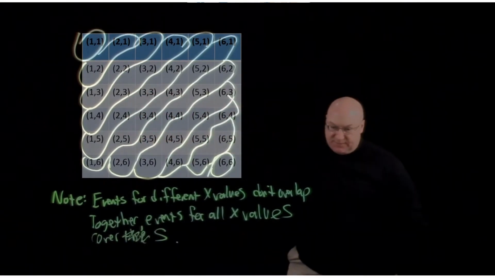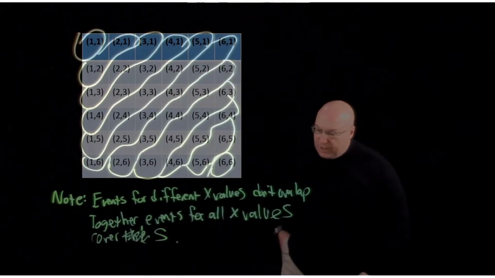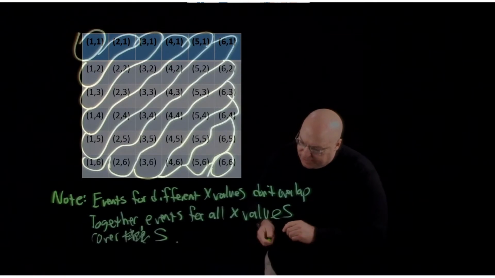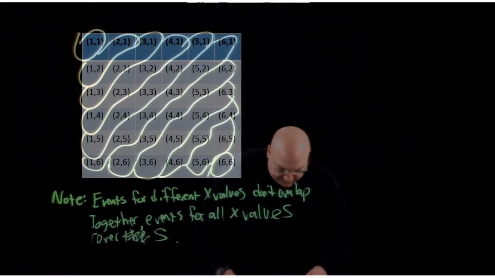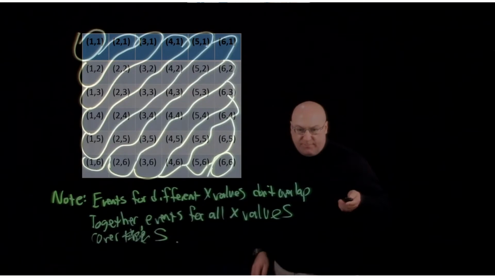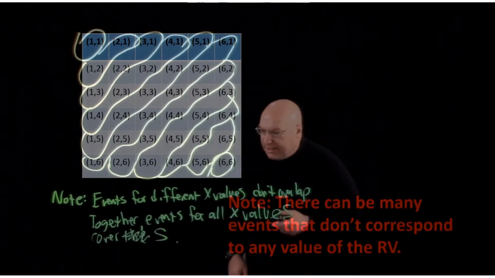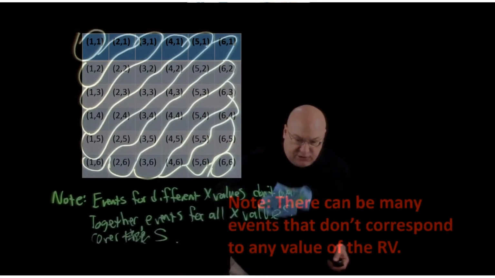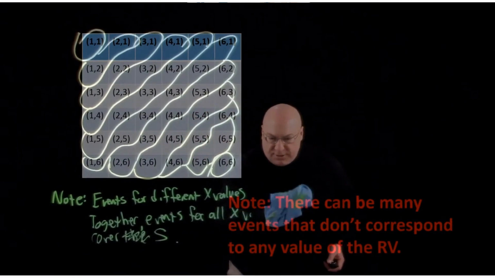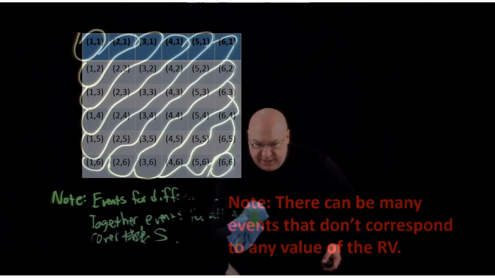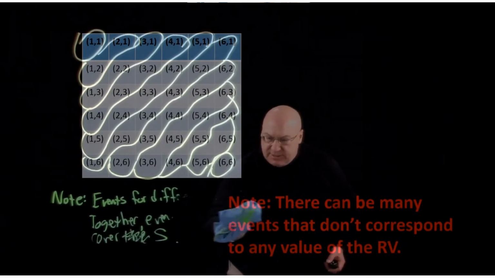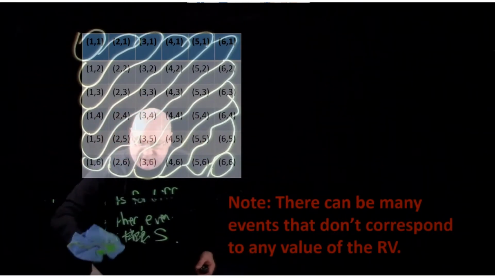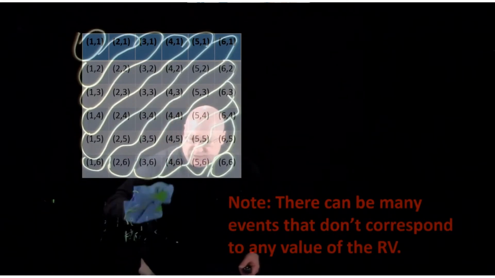the sample space. Okay, there's one other thing I'd like to stress. I think I have it on the slide. Oops, it's overlapping a little bit. So I'm going to rub it out, and you can read what that says there. This is just an aside that is probably worth understanding: there can be many events that don't correspond to any value of the random variable, right? An event is just a subset of the sample space, and I can certainly